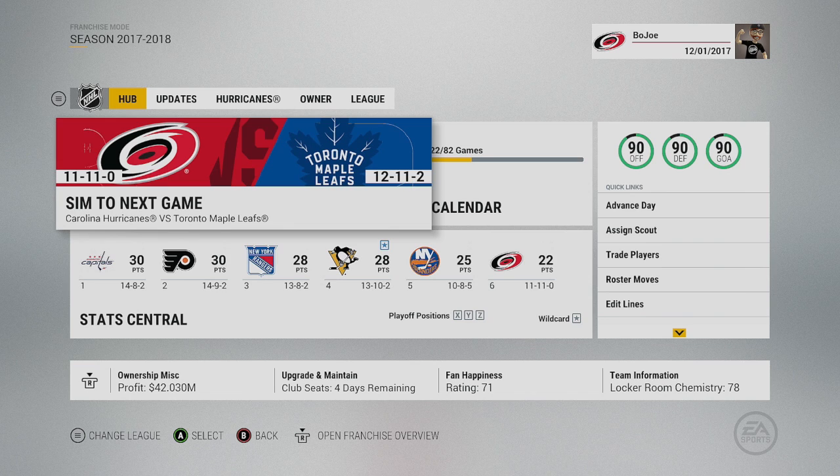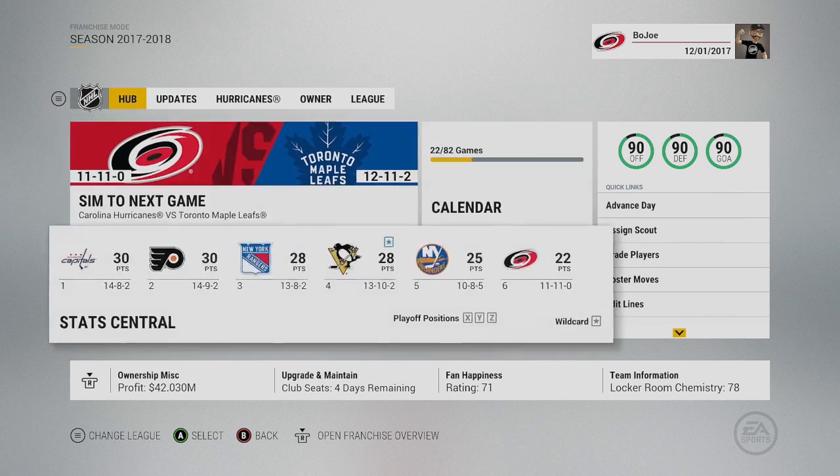Bojo here, and we are back for our NHL 17 franchise mode following the Carolina Hurricanes, who sit at 11-11, 22 games into the season so far, sitting at a 22-point total. And we are going to be continuing along our simulation in this video. So if you guys are excited to see how the Carolina Hurricanes will do in our next little simulation bit right here,